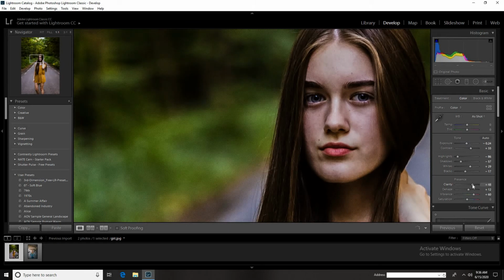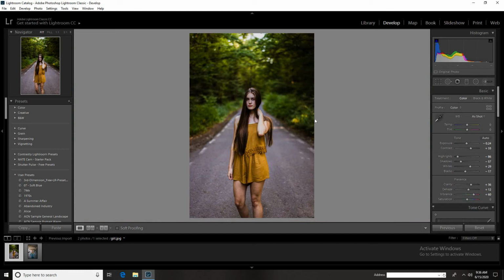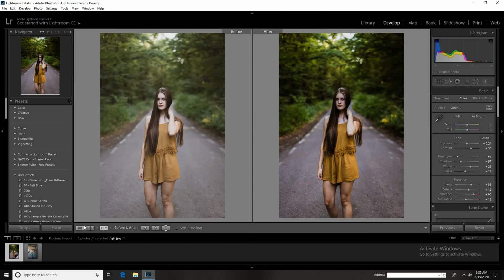Here I am again increasing the clarity to around 30 to 40. Now we'll decrease the saturation a little bit, around 10 to 20 according to your need, and you can see the difference till now.